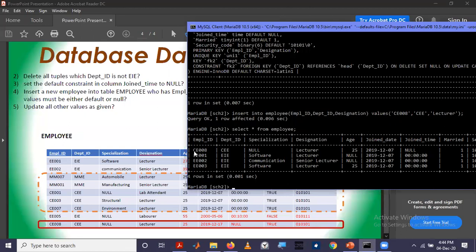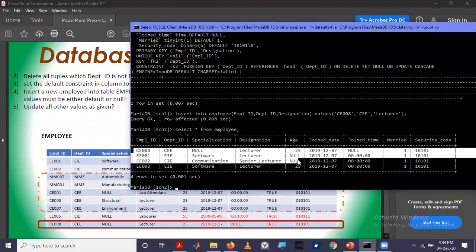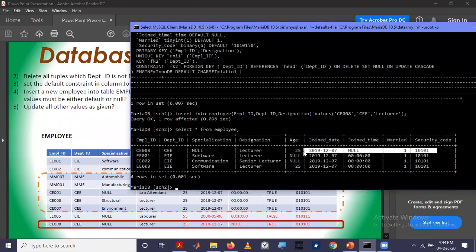We can see this is the tuple that we added. We only added CE008, CEE and lecturer. All other values have been automatically inserted.